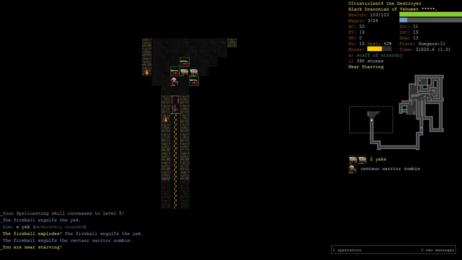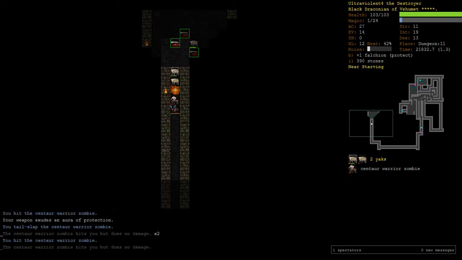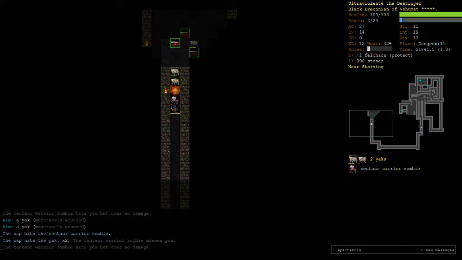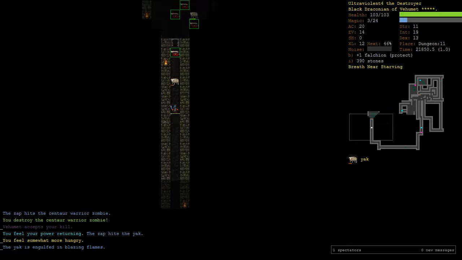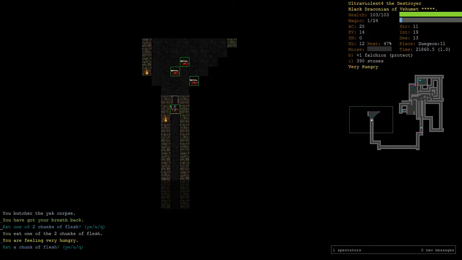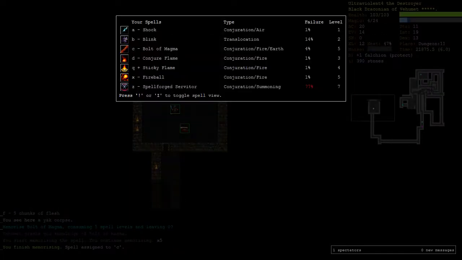Spellcasting to 8. Right, we're out of magic. Huh. That guy did not care at all about the fire. Let's try our breath again. Whoa, okay. Did something that time. We are starving. Okay, we got 5 spell levels, cool. So let's go Bolt of Magma. If we have a look,